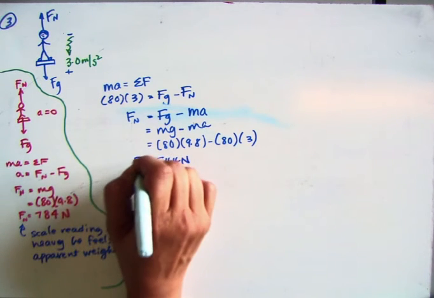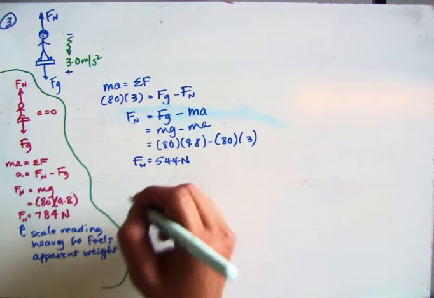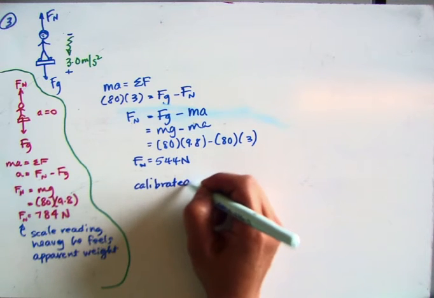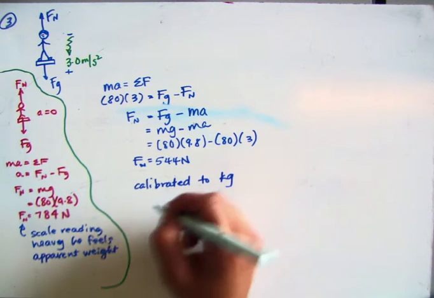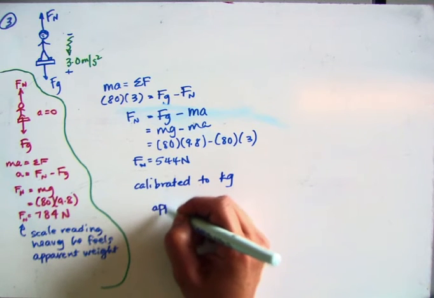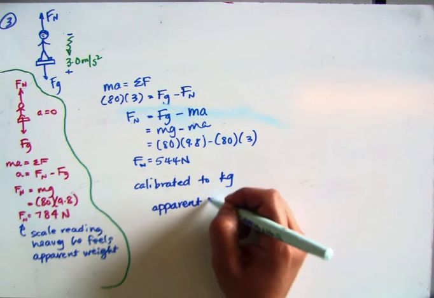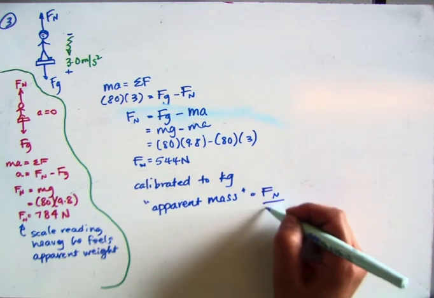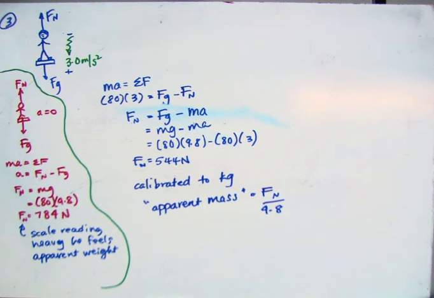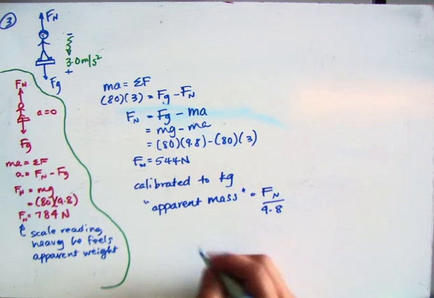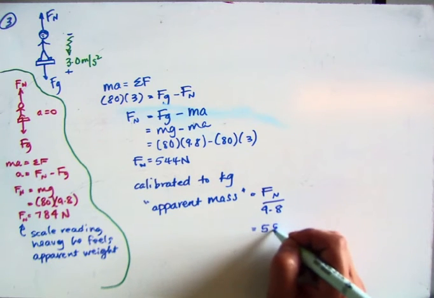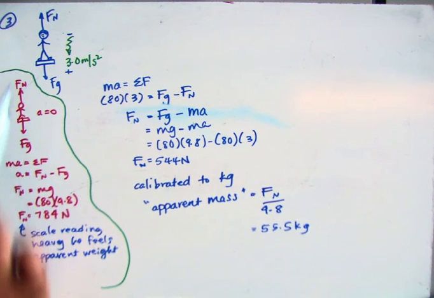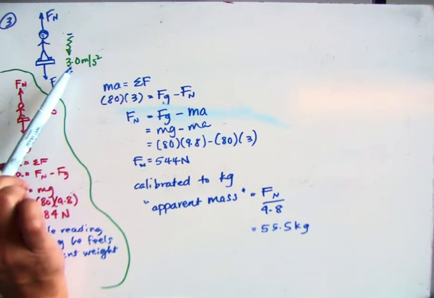That's in newtons. So my normal force in newtons is 544. The scale is calibrated to kilograms. So in order to find the apparent mass, we have to take the normal force and divide it by 9.8. So divide that by 9.8 and we get 55.5 kilograms. So what this is telling us is that this 80 kilogram man, when accelerating downwards at 3 meters